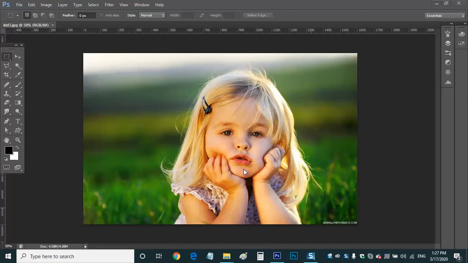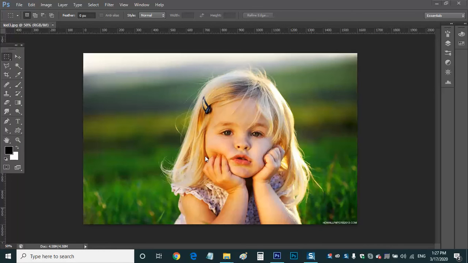So today let me explain to you how to see the size of this picture, and whether this picture can be used for print media or online media. Even that one I am also going to explain. But let us start. First of all, how to check this image size here.